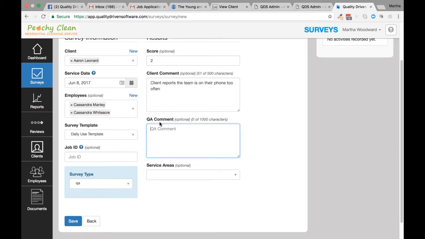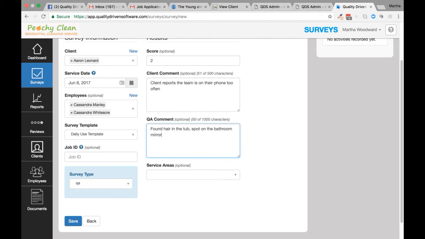All right, and then this, I always tell people QA comments, just think of it like office comments. So in this case, it is actually QA comments from a quality check, but you could be entering comments in here, like say if you overwrite a score, I don't know. I mean, just anything that has to do with an internal office note. So let's say our field manager did the quality check and then found, hair in the tub. Probably be worse than a 2, but anyway,